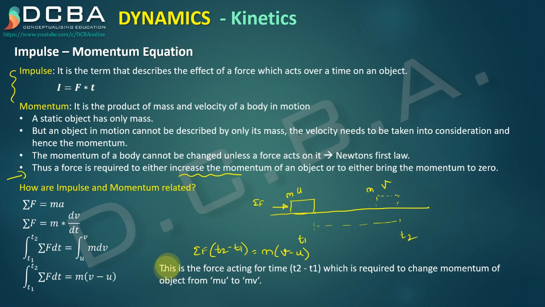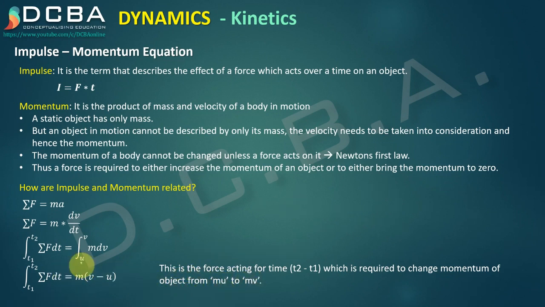Okay, so this is the force which is acting for time t2 minus t1, which is required to change the momentum of the object from mu to mv. If you see this equation, I have simplified this integral as m into (v minus u), but I have not simplified this term, this integral, right? The reason is that